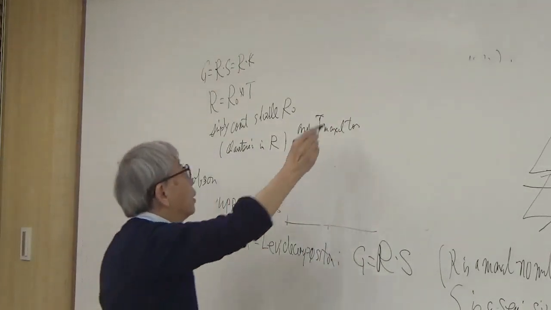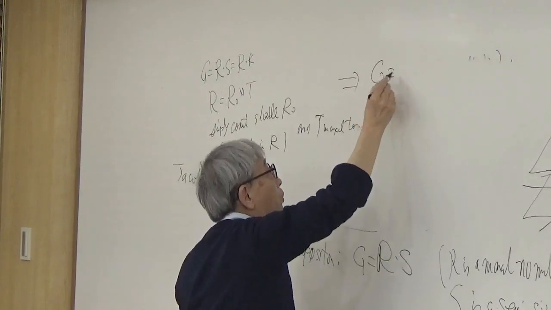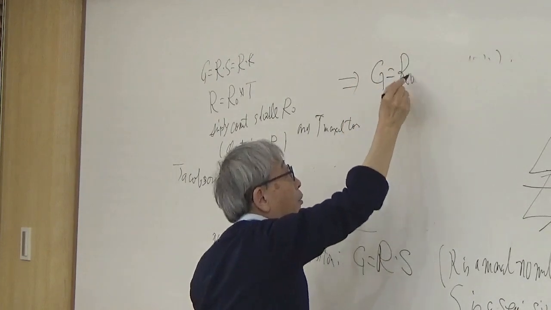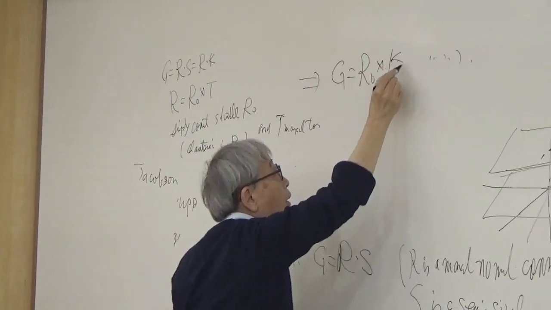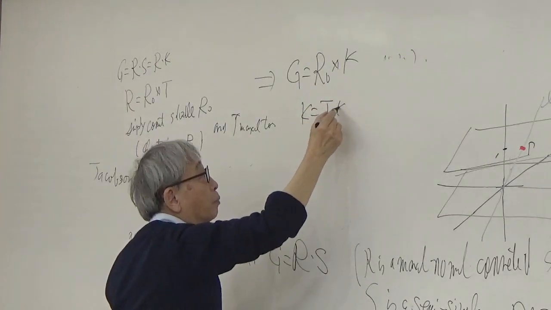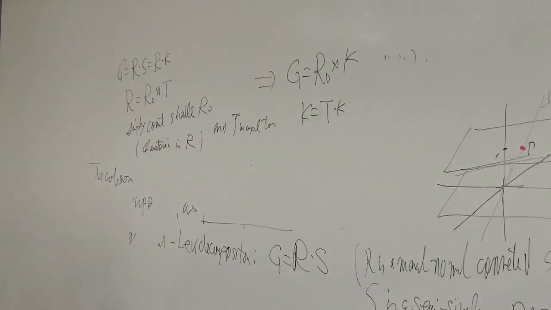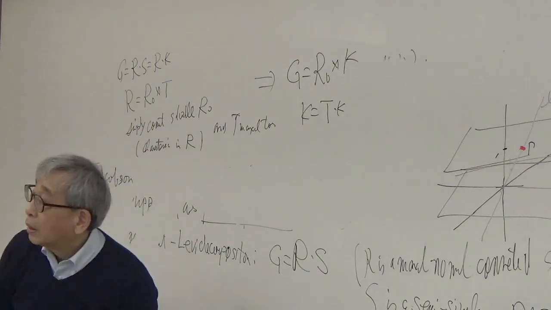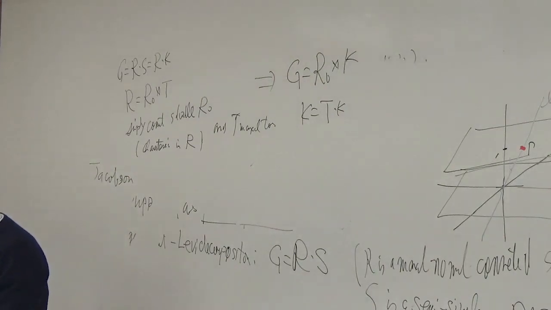Then from this we have the decomposition R0 semi-direct product K, where K is the torus T and kappa, the semi-simple part. This is the decomposition. Okay. Then using this